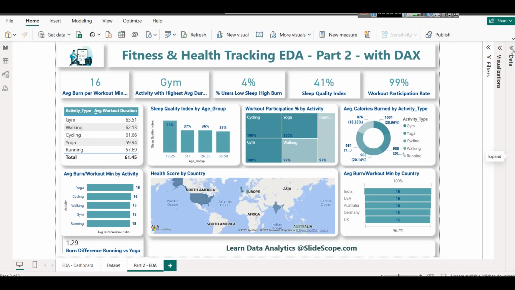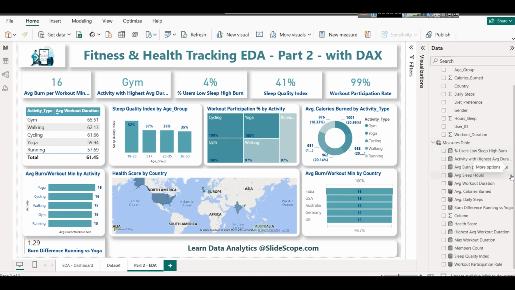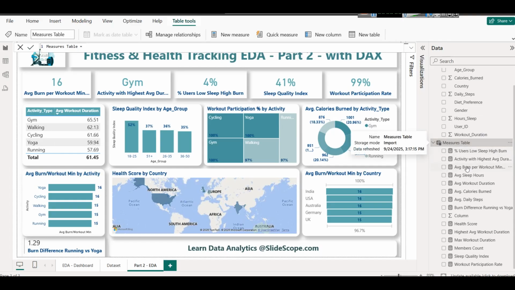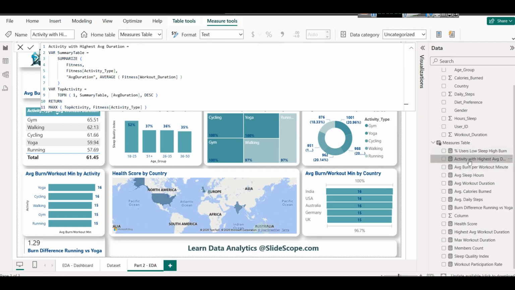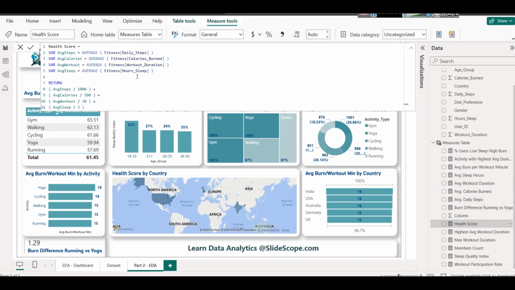We are using different types of DAX expressions and code to create this dashboard. You can see we have a fresh new measures table with formulas like percentage of users with low sleep and high burn, where we will use the CALCULATE function and the DIVIDE function, then activities with highest average duration, where the SUMMARIZE function, TOP N function, and MAXX function will be used. You will also learn how to create a health score by using normalization, why we have selected these numbers, and what is